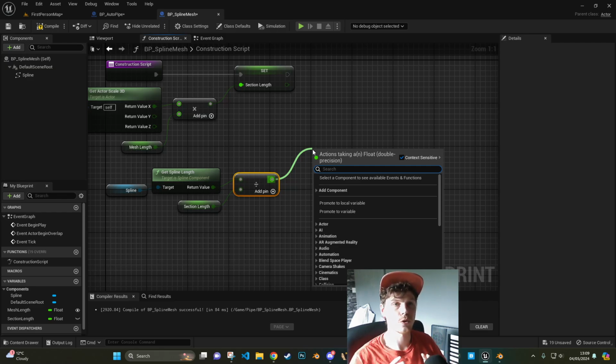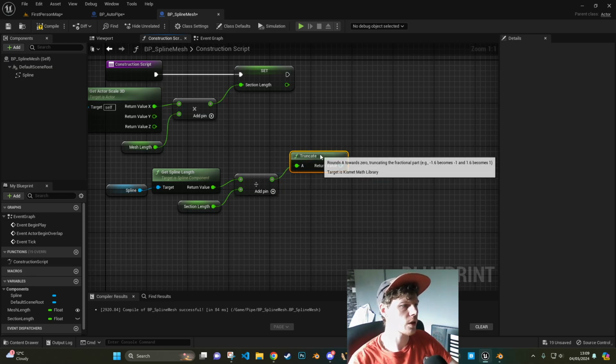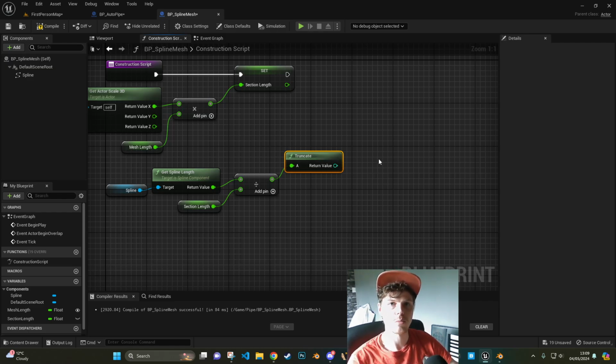Now, to prevent it from giving you half a mesh, so let's say the division gives you a remainder of 0.5, you don't want to spawn half a mesh. So to prevent that from happening, you can do a truncate. This will sort of round down. As the example shows here, 1.6 will become 1, and it just keeps it